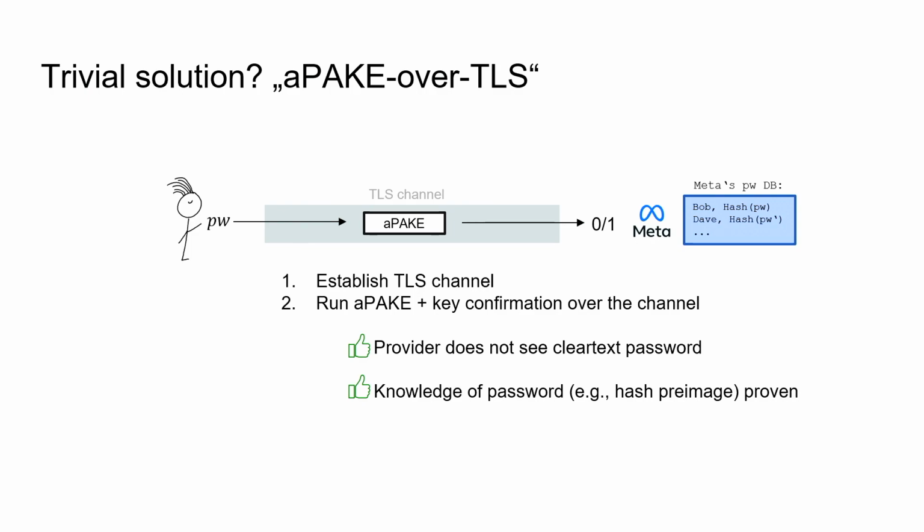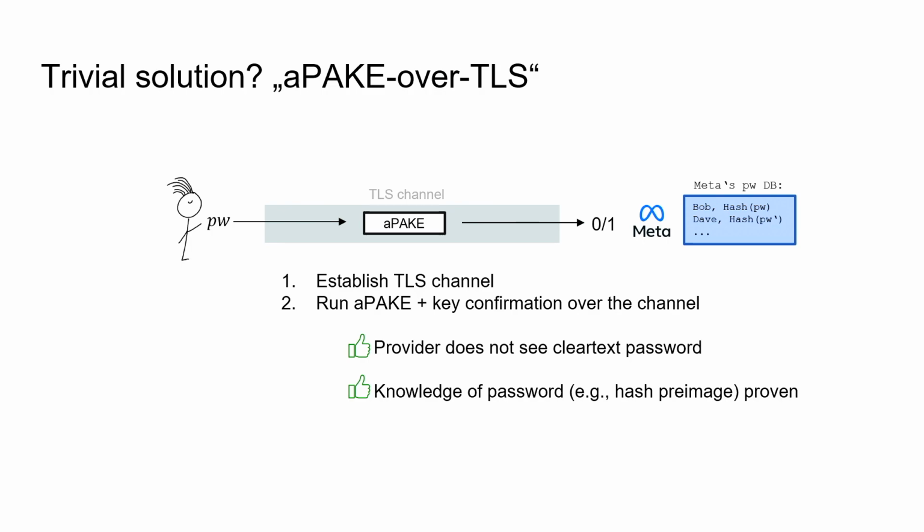Okay, so isn't there a trivial solution to this password over TLS problem, this way of sending passwords over TLS connections in the clear? Can't you just run an aPAKE over TLS? So this would look as follows. We have the client on the left-hand side establishing a channel to some provider, and after verifying the certificate of the provider, so after establishing the channel, the client and the server run this protocol over the channel,